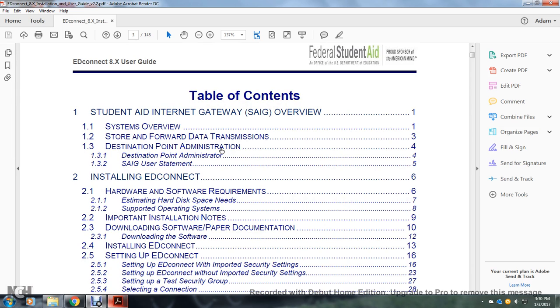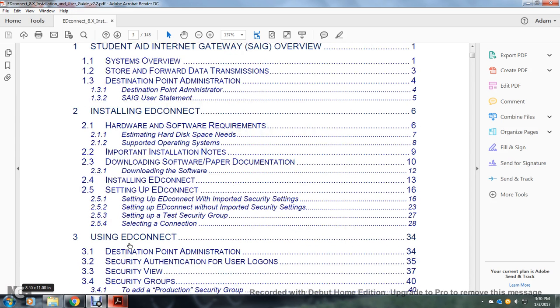Student Aid Internet Gateway overview: system overview, store and forward, data transmission, destination point administration, destination point administrator, Student Aid Internet Gateway user statement. Installation of EDconnect: hardware and software requirements, estimating hard disk space needed to support operating systems, important installation notes, downloading software, paper documentation, installing EDconnect, setting up EDconnect with import of the security settings, setting up EDconnect without import of the security settings, setting up the test